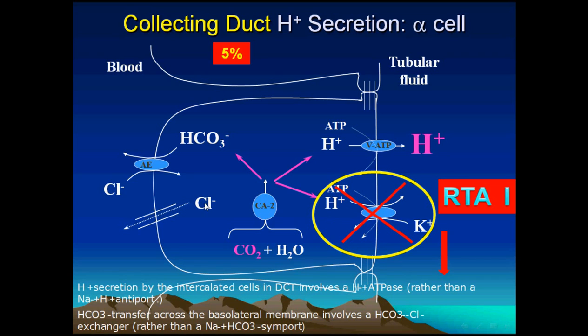So in this case, this means that the correction of the blood or plasma acidemia or acidosis will not be good. So the acidosis of the blood will be retained, and its correction will be difficult. At the same time, the potassium itself is not absorbed well, so it is lost in the urine. So the plasma will suffer hypokalemia, and at the same time the value of potassium in the urine